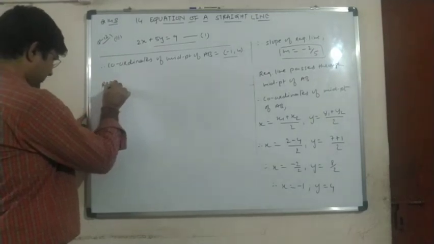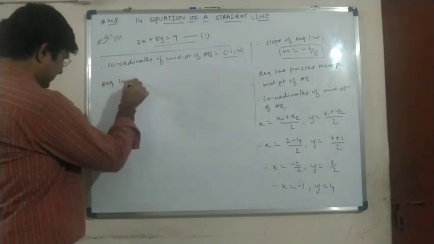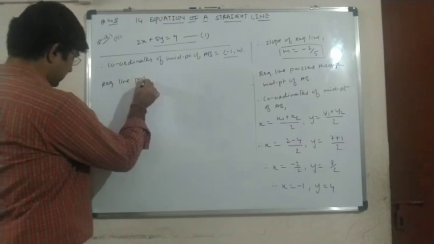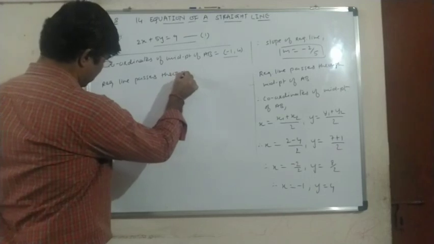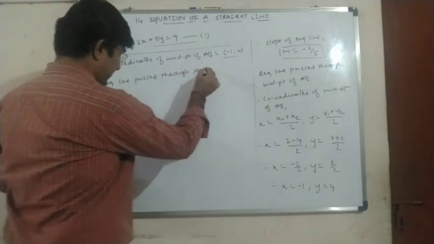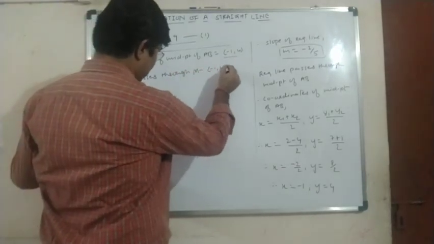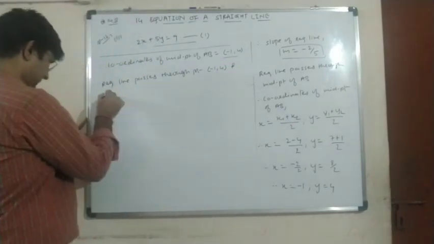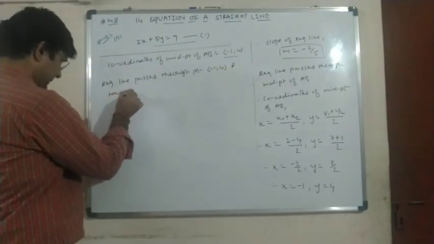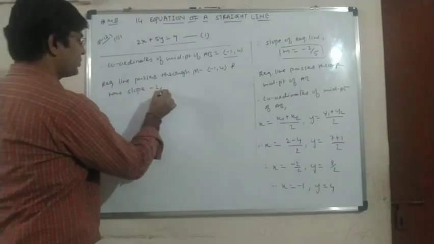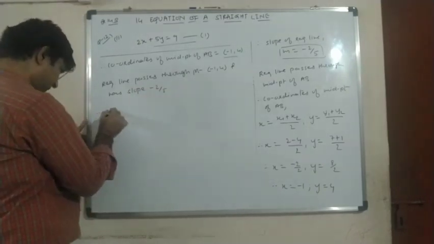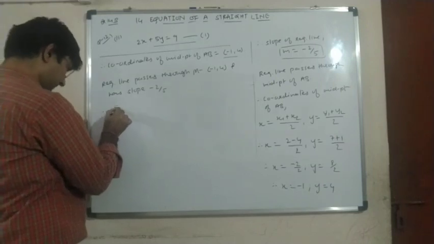Okay, we will write down that required line passes through point minus 1, 4 and has a slope equal to minus 2 upon 5, and therefore equation will be